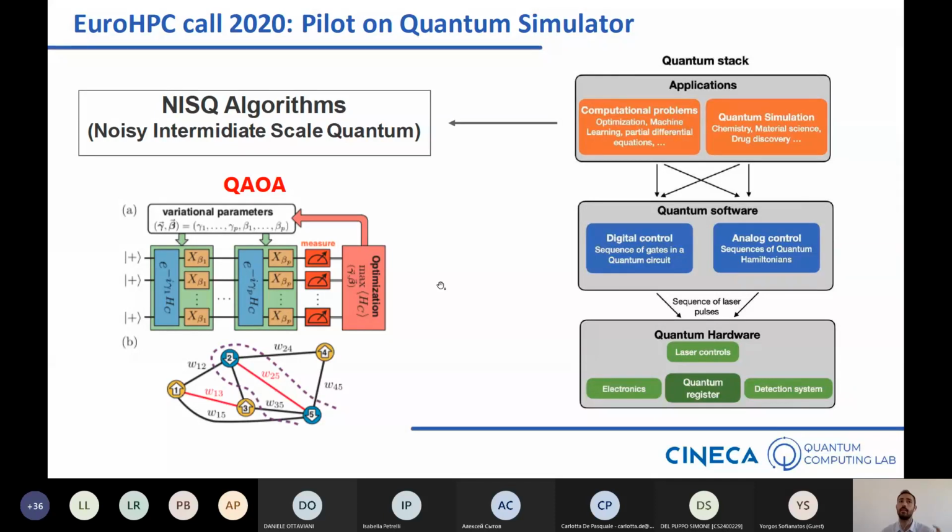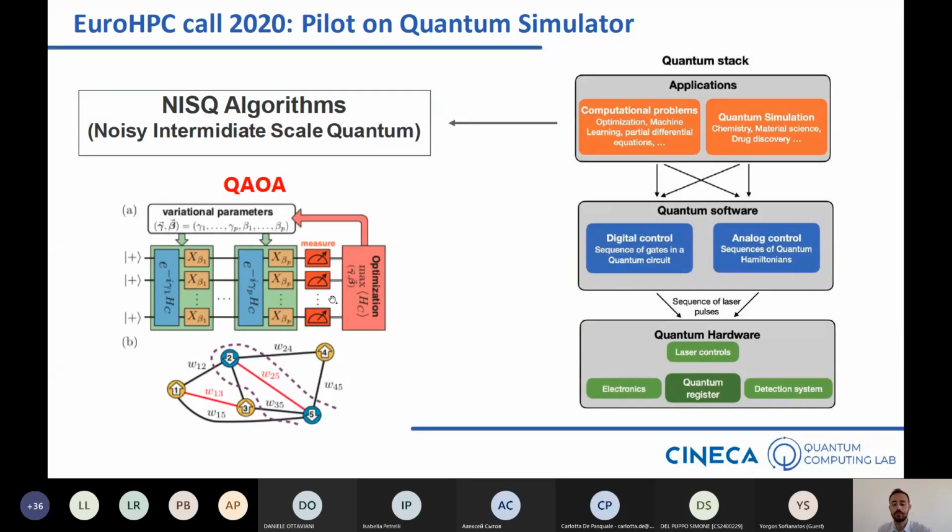It is similar to what quantum annealing is doing, but on a gate model quantum device. The objective is to solve an optimization problem expressed as an Ising problem or a QUBO problem. It's similar to what we've seen yesterday, but in the context of gate model